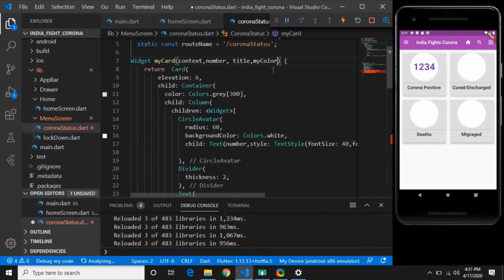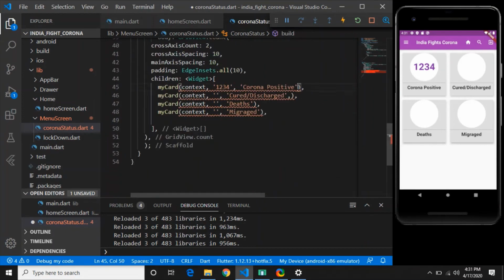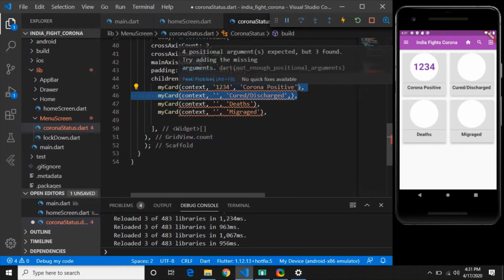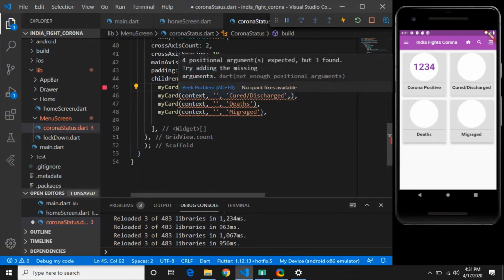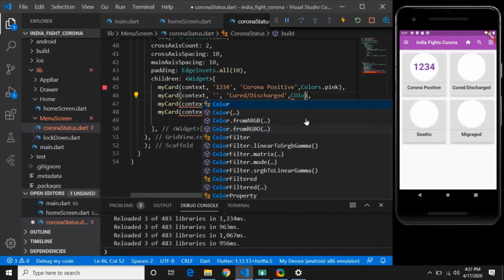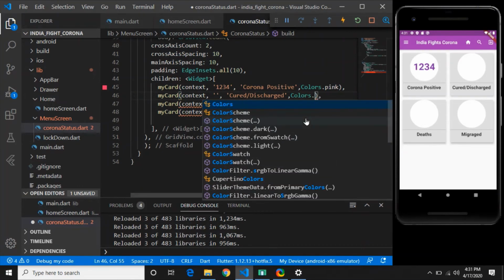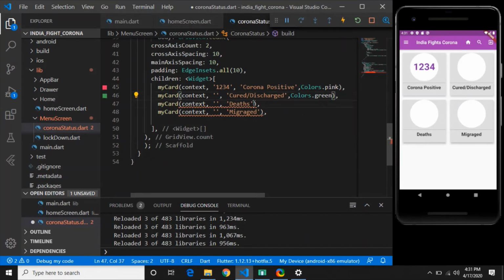So it should be Colors.pink. For cured and discharged, it will be Colors.green, because they have been discharged. For death we will add Colors.red, and for migrated we will add Colors.yellow. And from where this will get the number, I save this.